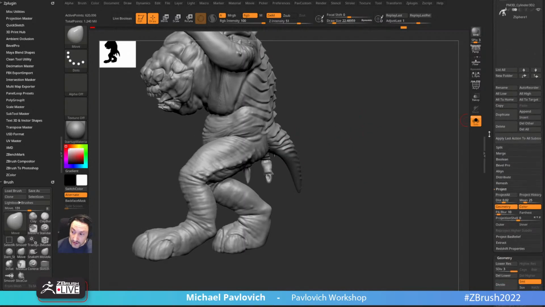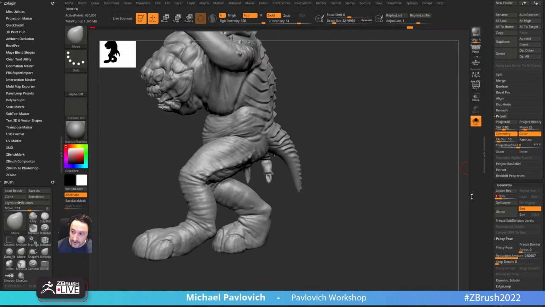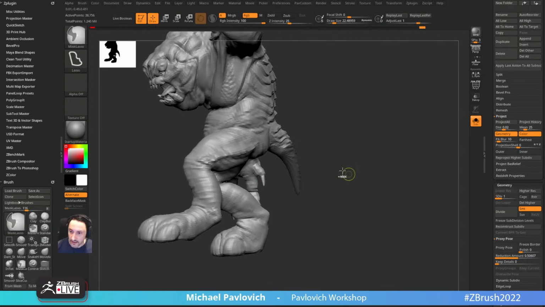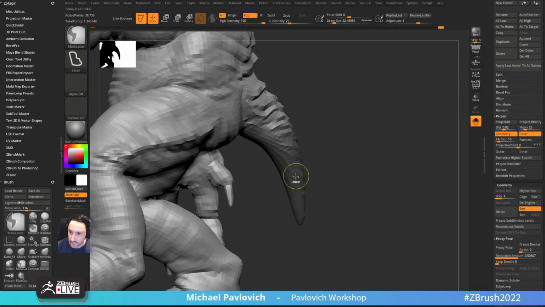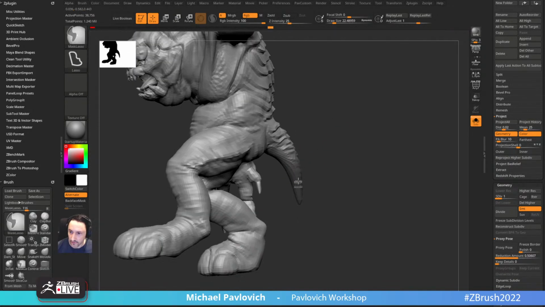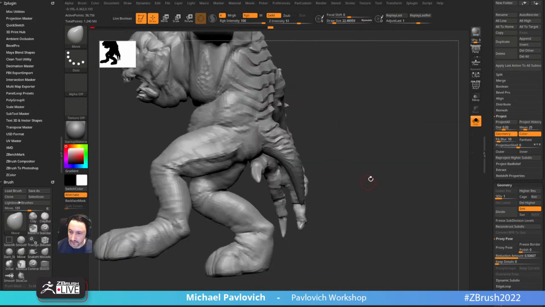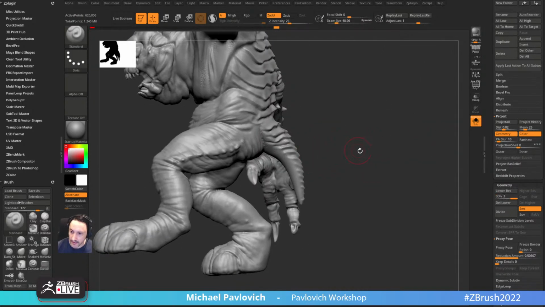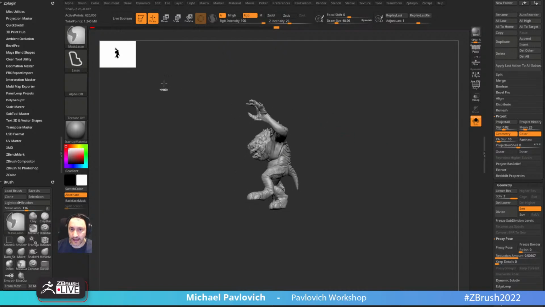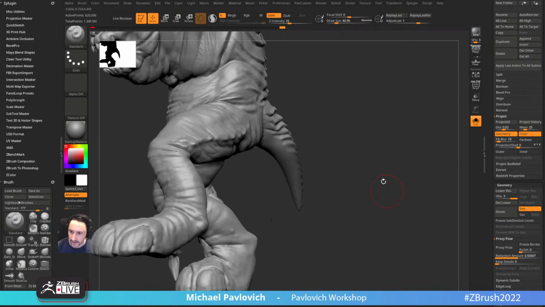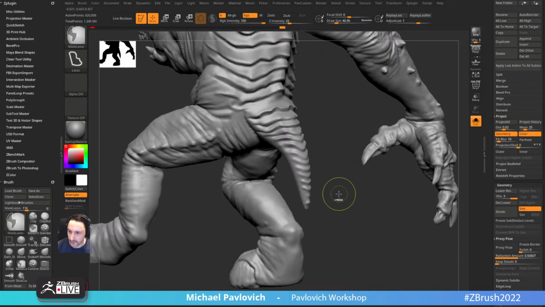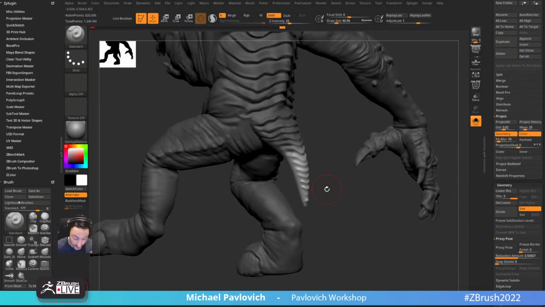The obvious solution, the way we have this set up, is to go down to subdivision level 1. Less geometry means, number one, a bigger gradient between geo and easier feathering. So if you just go through here and blur, now you have a very nice feathered piece of geometry. However, if you're in a bind, you can actually back out with your mask lasso brush. Just back your camera off, and the further away your camera is, the more blurry that line will be. So on a high res piece of geometry, you can have